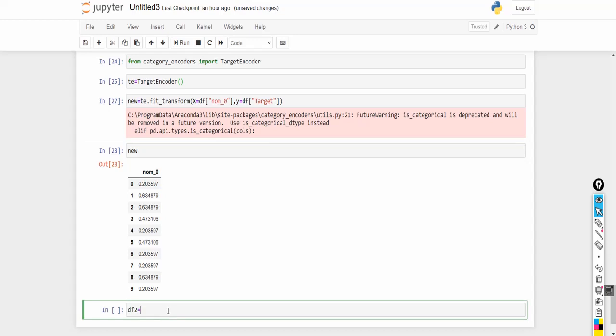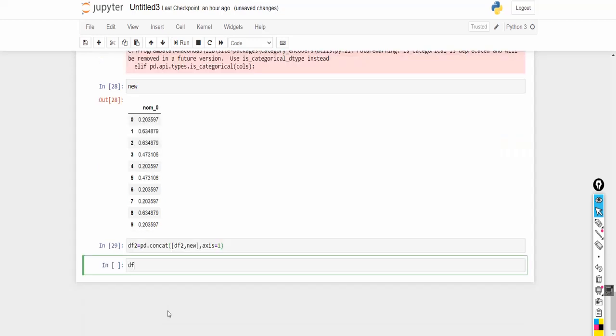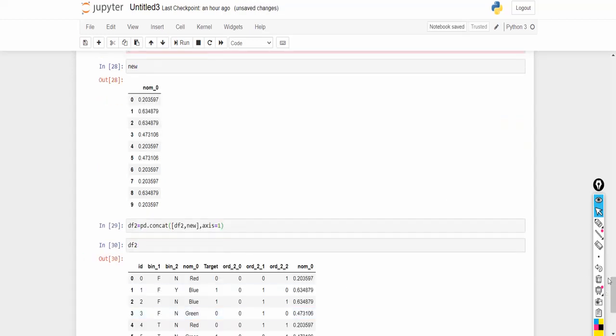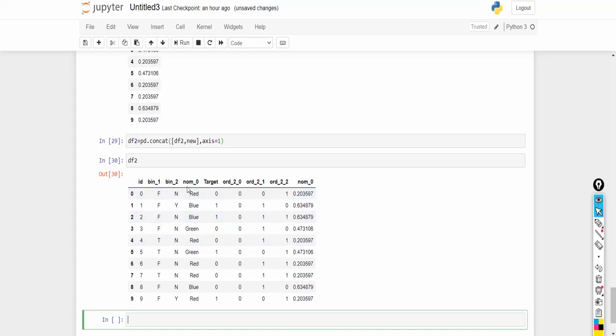So df2 is equal to pd.concat of df2 comma new. Mention the axis. Let me print df2. Here you can find the result.